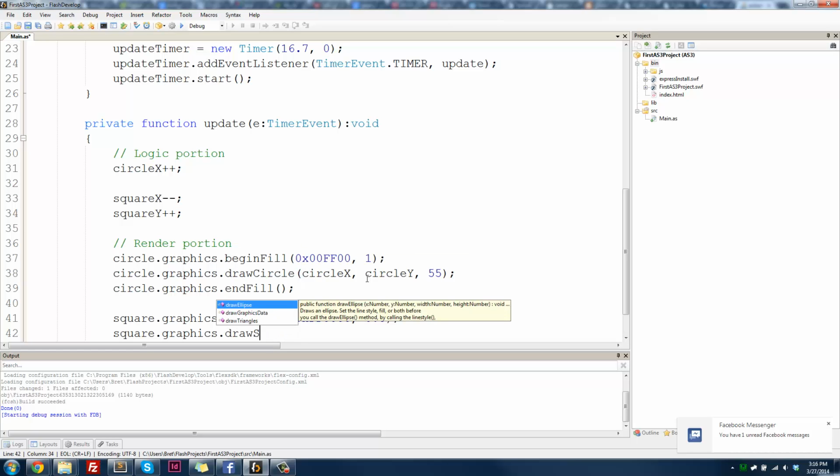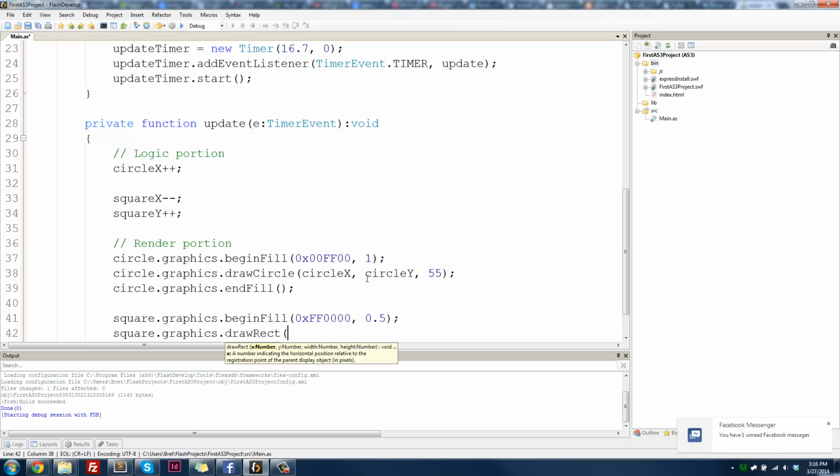Doesn't exist. Let's try draw rectangle. That's what we want. So we give it an x, square x, give it a y, square y, give it a width, let's say 32, and a height 32. 32 is a common number used